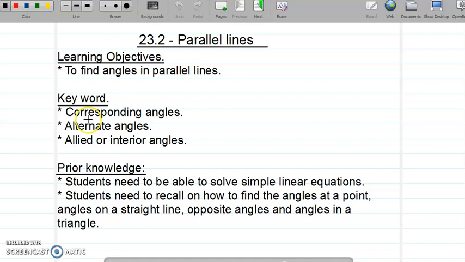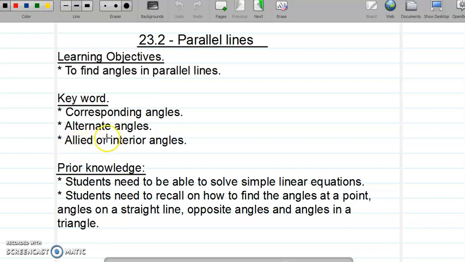Okay, in today's topic we talk about parallel lines, and our learning objective for today is on how to find the angles in parallel lines. And these are our keywords we need to know. We need to know the corresponding angles, the alternate angles, the allied